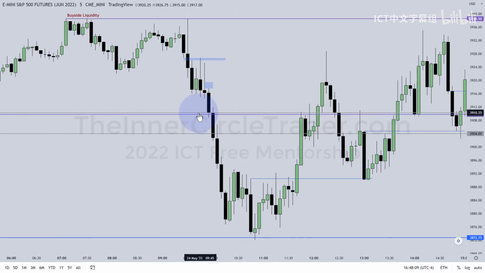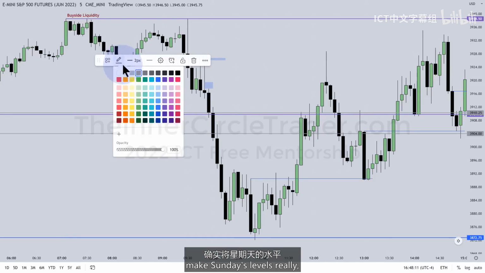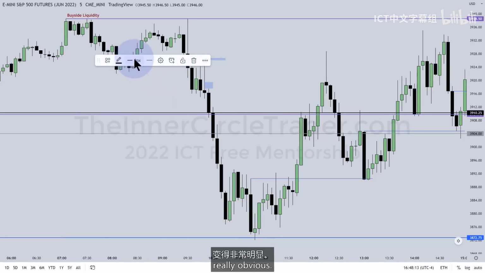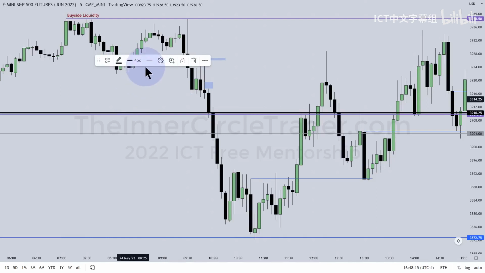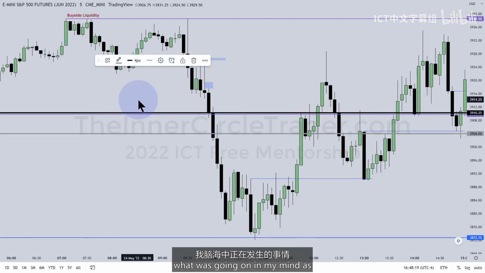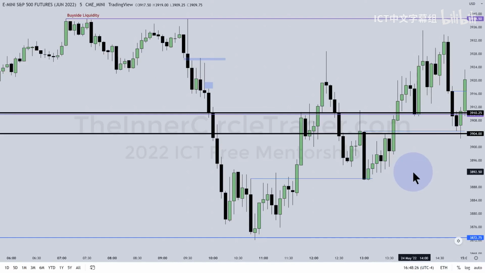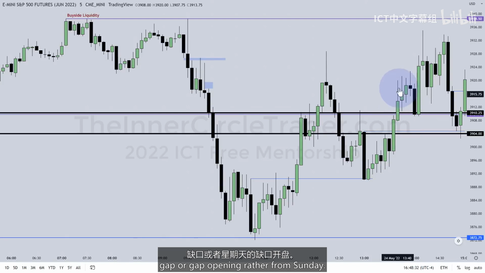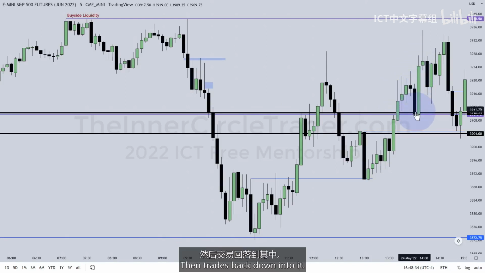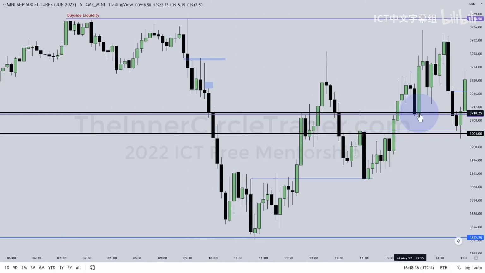Here, I'm going to make Sunday's levels really, really obvious. And it's going to be obnoxious, actually. So I want you to see what was going on in my mind as I'm watching price. Okay. Price goes above the opening gap, or gap opening rather, from Sunday, then trades back down into it. See that? Hits it, rallies,